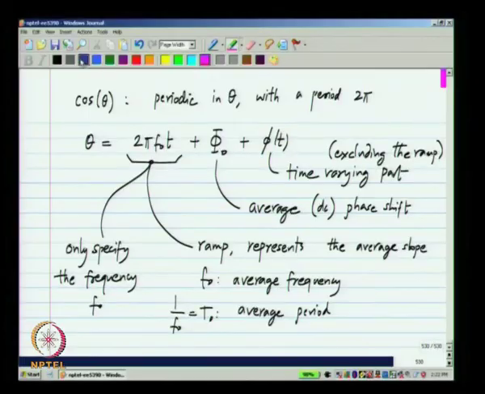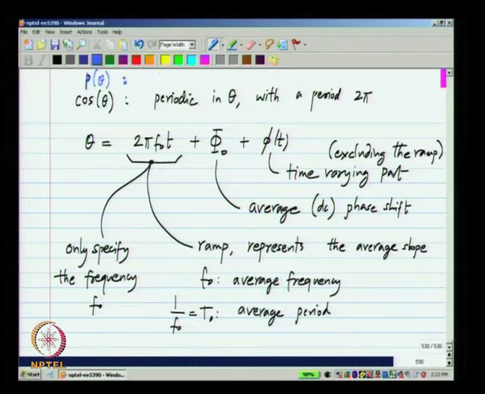Again, the reason we use this representation is we are only interested in if the signal is periodic or not. Now, I have started with cos of theta, but it does not have to be a cosine function, it can be any other function. Many times you could have a square wave or some other wave shape. The shape is not what is important. What is important in these systems which generate frequencies is whether the signal is periodic or not. So, instead of cos theta, we could have any other function,